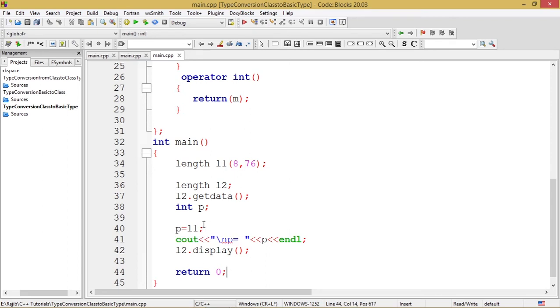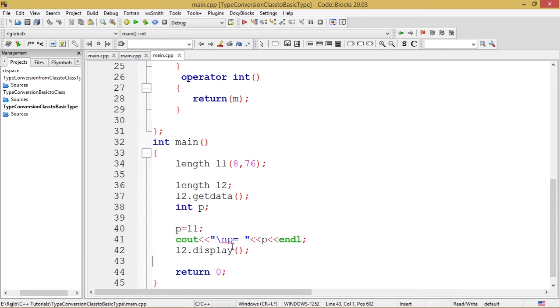So what will happen is that this L1 will be cast into the integer type by way of this operator function which we have written over here. So this calls for this function to be implemented. This operator function helps this C++ program convert this L1 object to a basic data type.